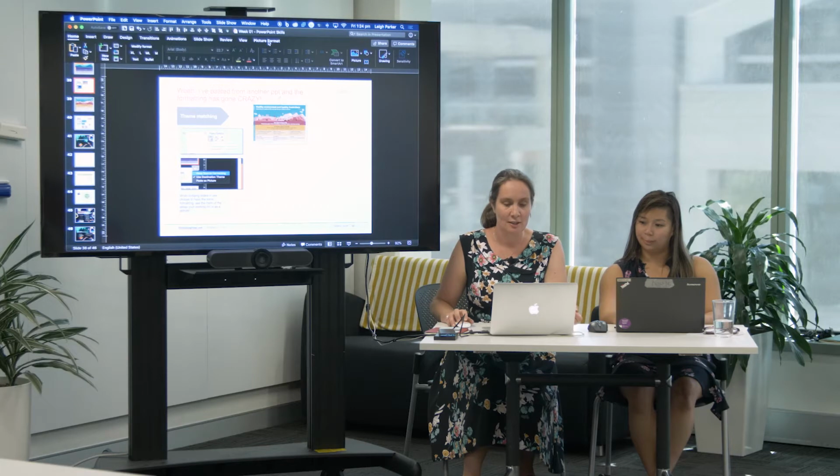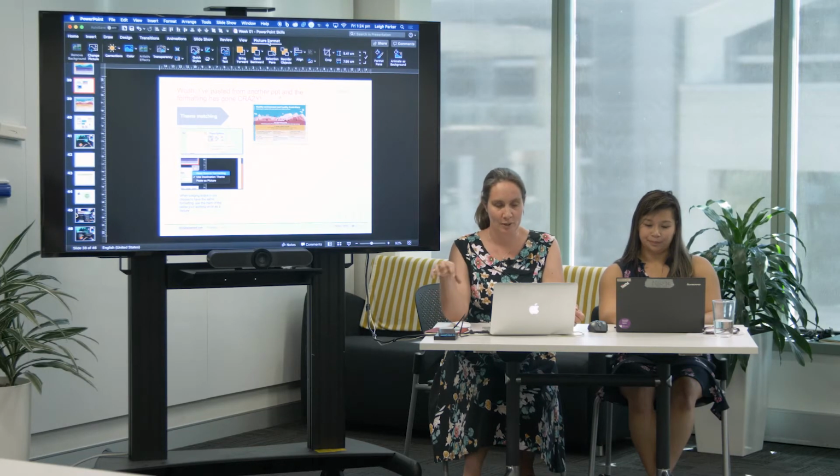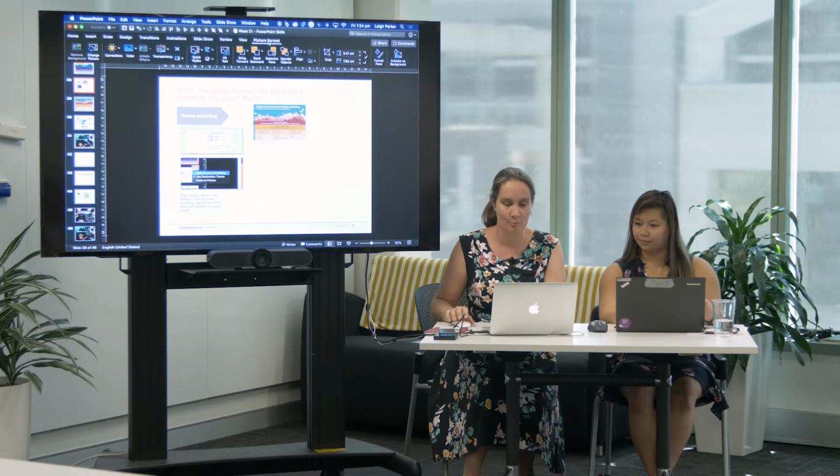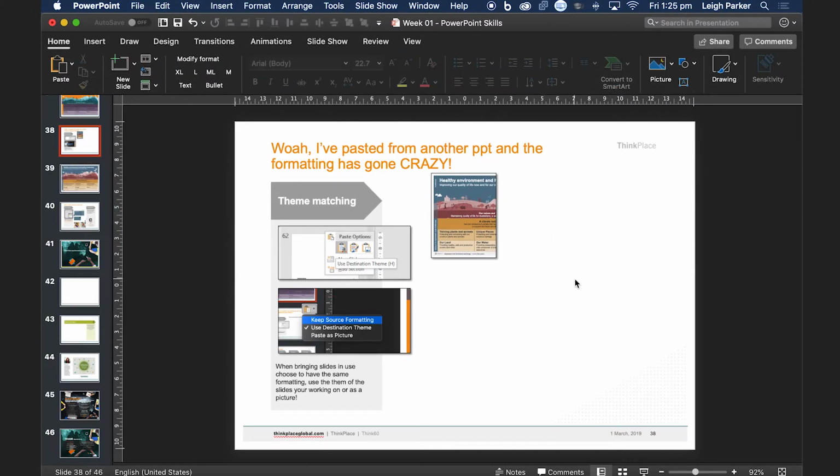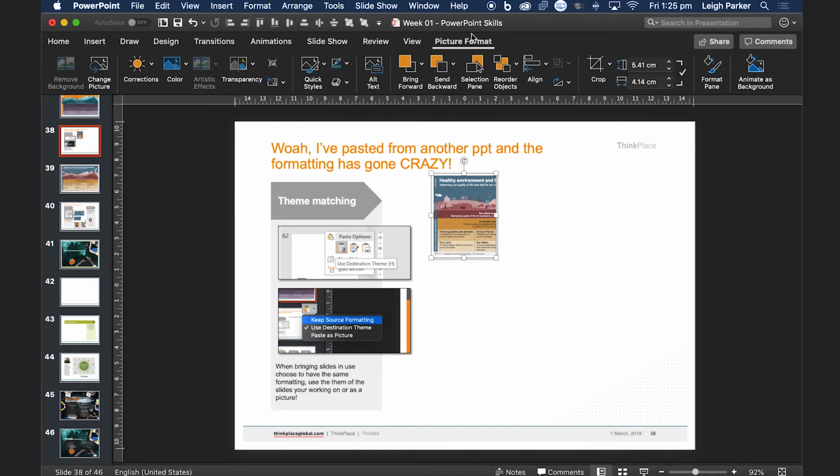So the first thing is thinking about where the pictures are and have they been cropped and can you compress them. So if I take this one, and we use this crop tool all the time, I've noticed. I've cropped that PDF that I've copied from another slide deck. I've pasted it in as a PDF, so it's now an image. When I click on it, I can tell it's an image because the picture format tab comes up. I've cropped it down,